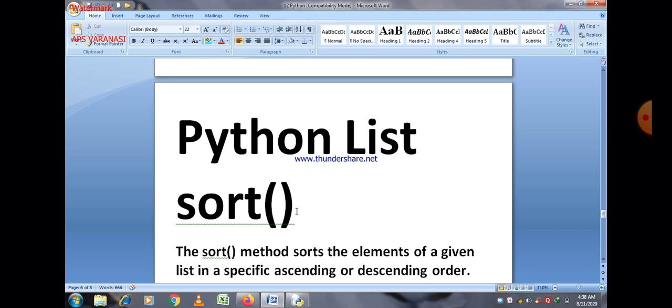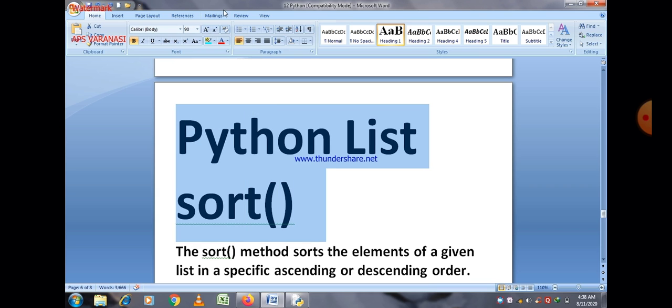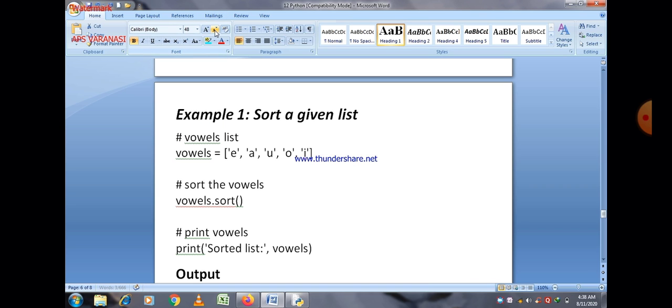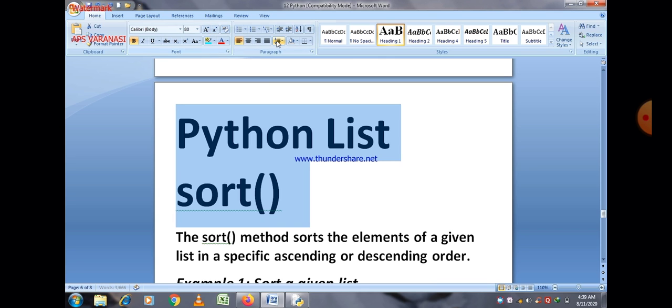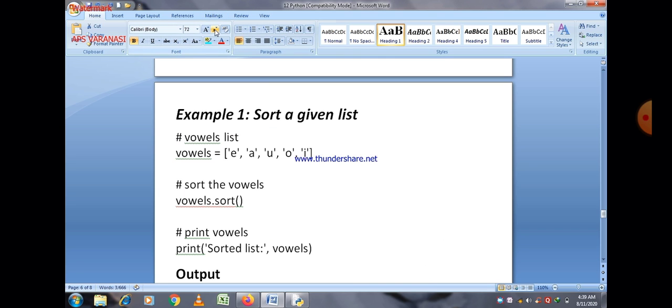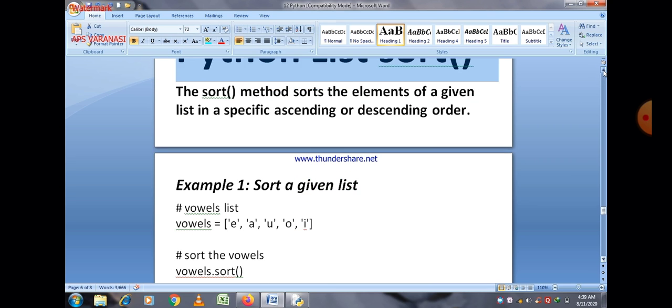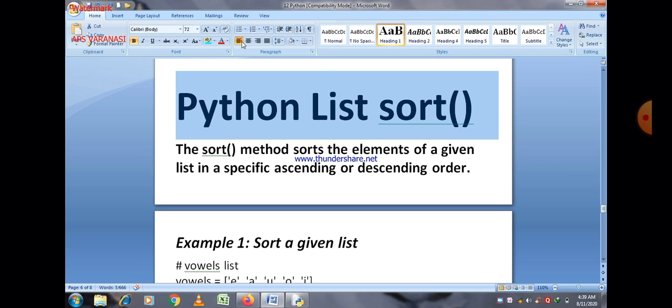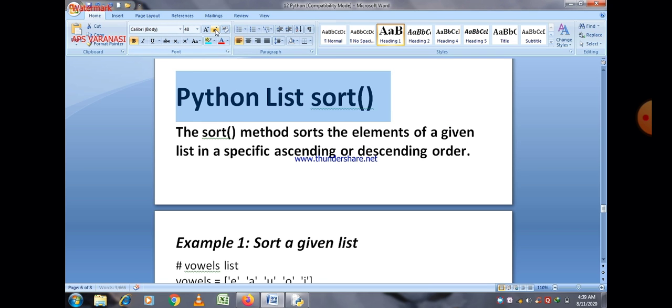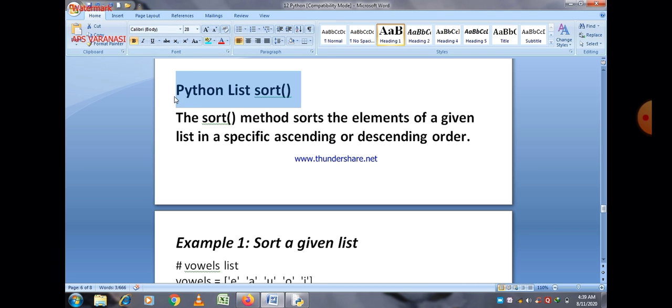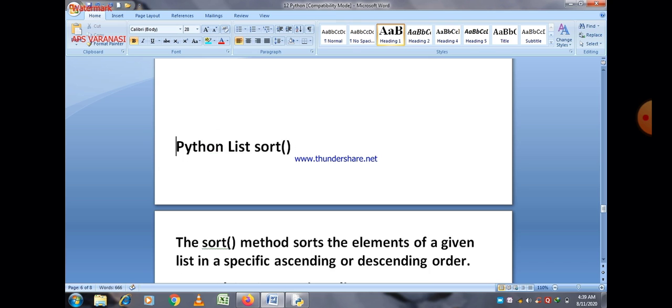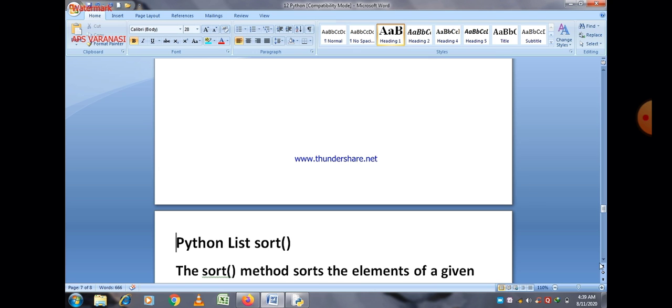And the next method is sort. As the name suggests, after using the sort method, we get the list in ascending or descending order. If you want to arrange the elements in ascending or descending order, you can use the sort method.